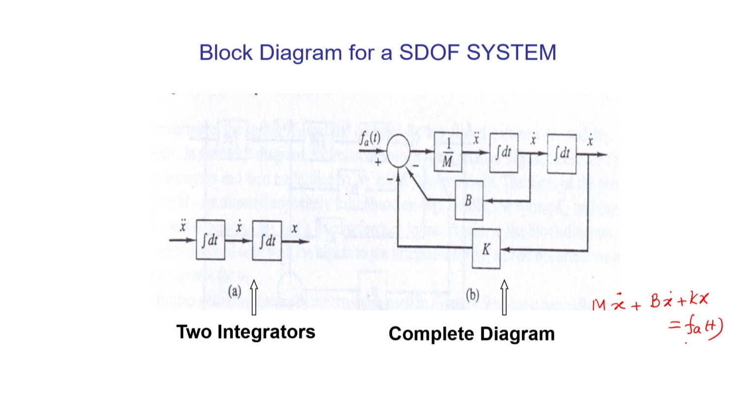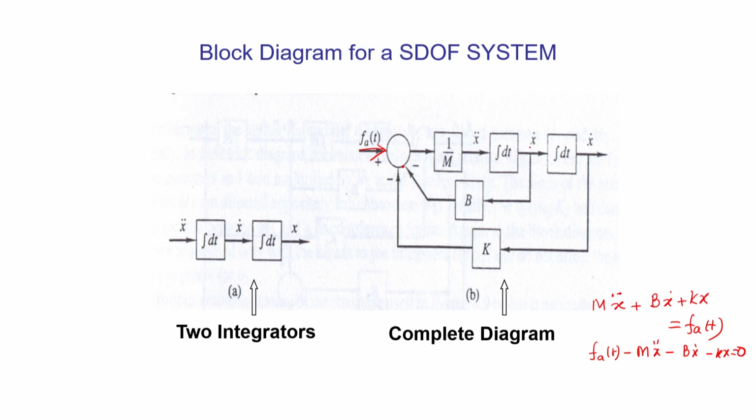You can see that F(t) is coming here, that is the input. Now, from the equilibrium point of view, I can write it as F(t) minus m x double dot minus b x dot minus k x equals 0. So, you can see minus k x is coming here, and minus b x dot is coming here,